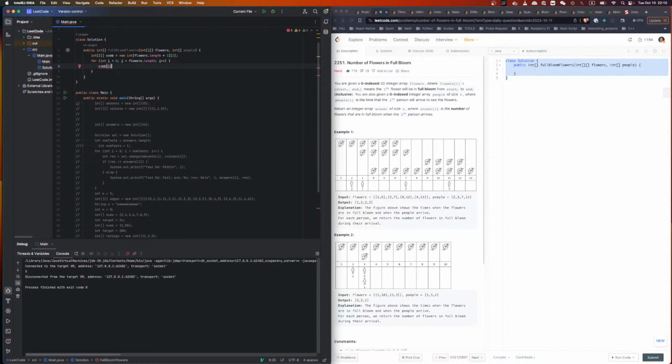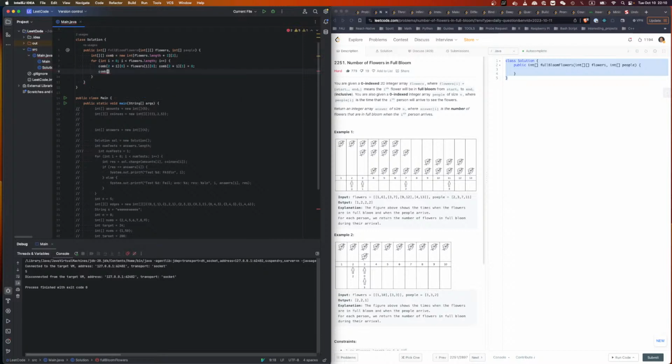I think it's 2 times i, because you do 0, 1, 2, 3, 4, 5, 6, 7. So 2 times i equal to flowers[i][0]. Comb[2 times i + 1] equal to start, I do 0. And then comb